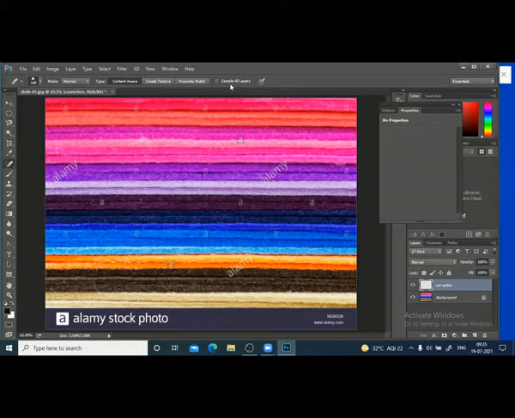That is why you have to use Sample All Layers. Click this tick mark. That means whatever correction you make will go to this layer now. Sample All Layers is used when you want to do the modification in a separate layer, so that it won't affect your original image. Now let us remove this. I'm in normal mode, content aware, remove this, remove.